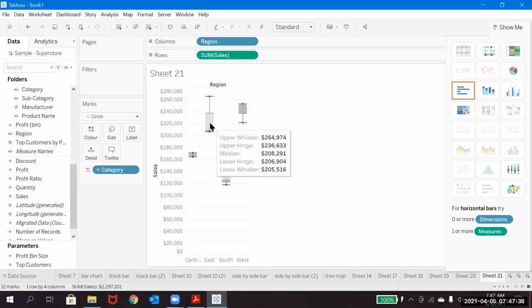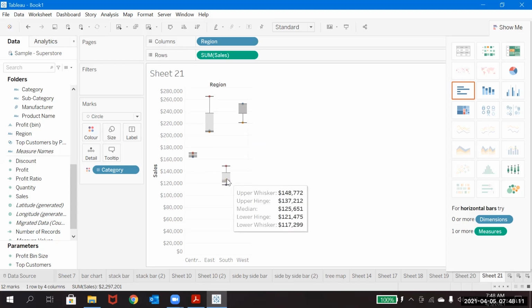To find a median value on each and every range you are showing, you'll use this box and whisker plot, and it will automatically show you. Based on the values it was showing, it will consider that upper value and lower value, calculate the median, and show it to you. If you observe there, you have the upper whisker and lower whisker, and at the same time the median in the middle. Wherever you hover on this, it will show that median value. Okay.